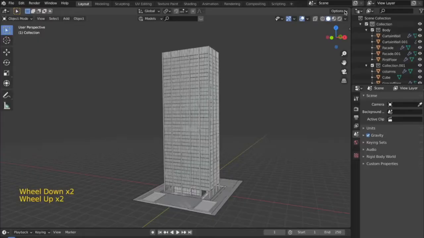Before we start with the actual video, there are two things that I want to convey to you. The first being that this video is a continuation of the part 1 of architectural modeling tutorial. So if you haven't watched that, make sure you check that out. Also, you can continue with this if you have modeled any other building and you want to try this out. But for this video, we are going to use the building that we modeled in the previous part.